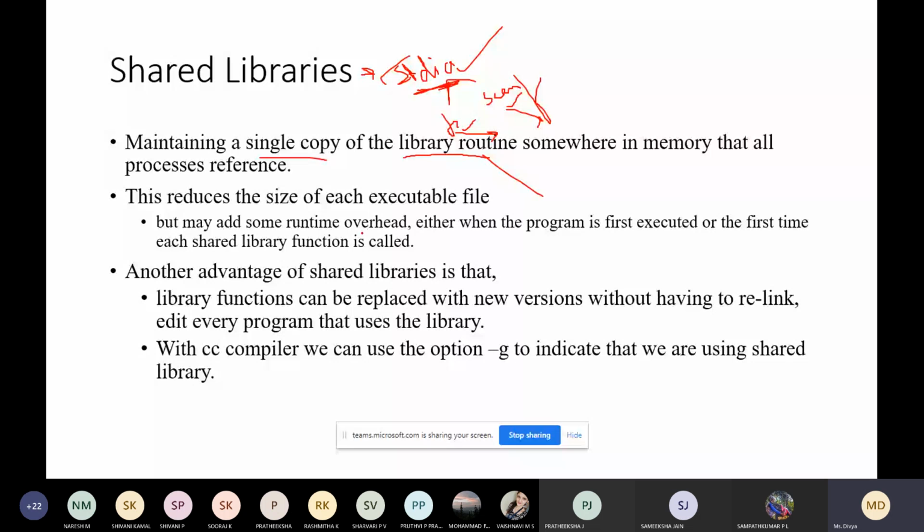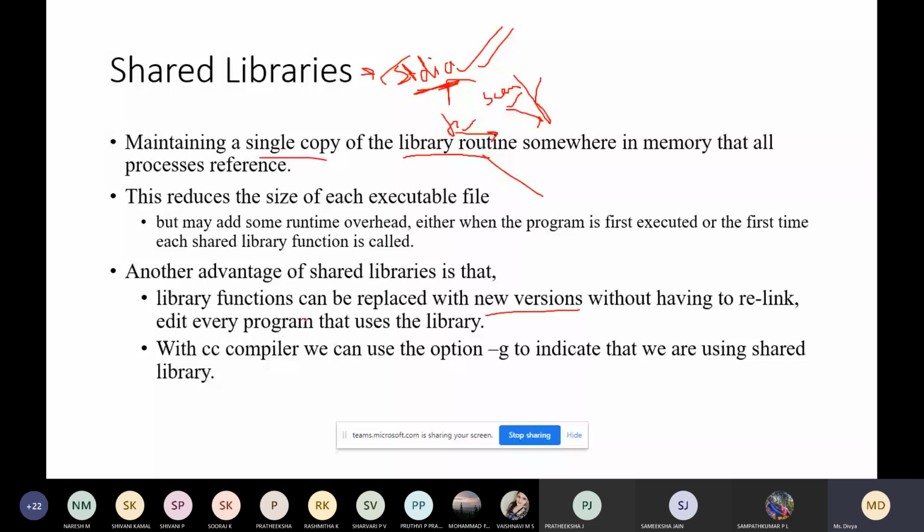So what are the advantages of going for shared libraries? A library function can be replaced with a new version. For example, after 2-3 years or 5 years, if you get a new version of this library, you can just replace the code of this library. The name remains the same. It can be replaced with a new version without having to relink, edit, or modify every program that uses the library.